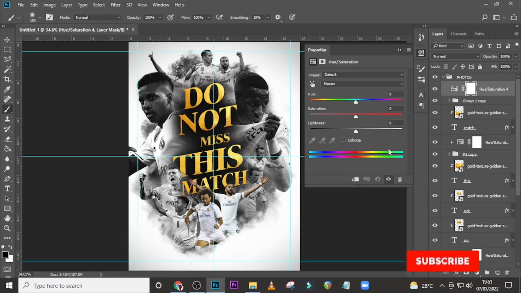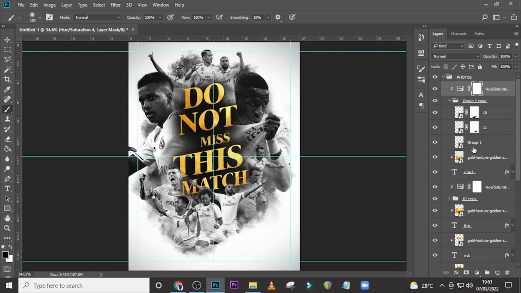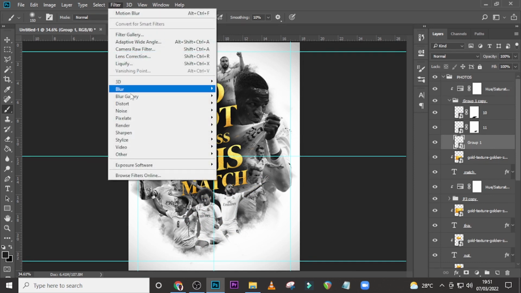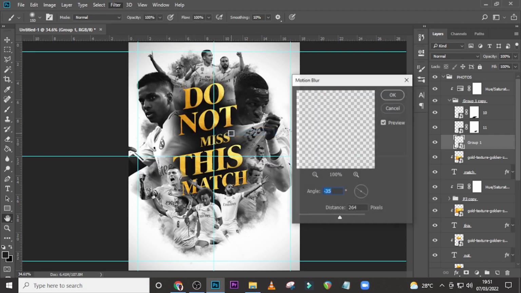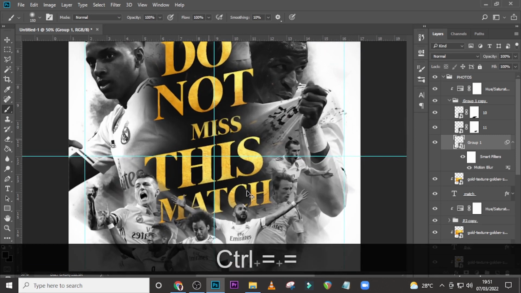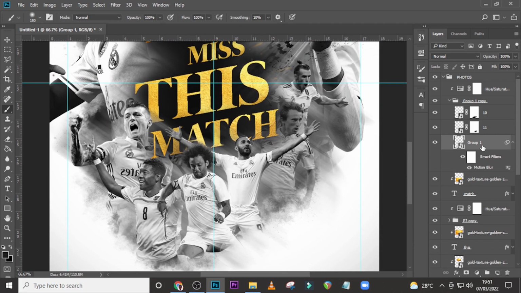click on hue and saturation, click and clip it to it, and then drag the saturation down here like that, and then come back, open it, and then click over here, go to filter, go to blur, go to motion blur. Now we are giving it the same motion blur, like the same angle. All right, and then let's zoom in and work on some of it. Let's give it a mask,